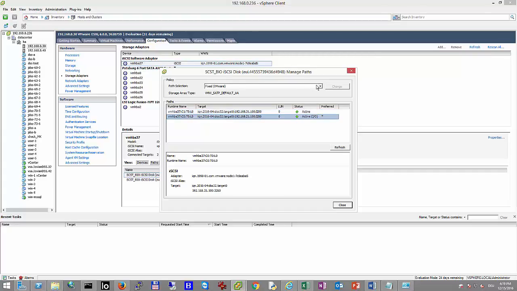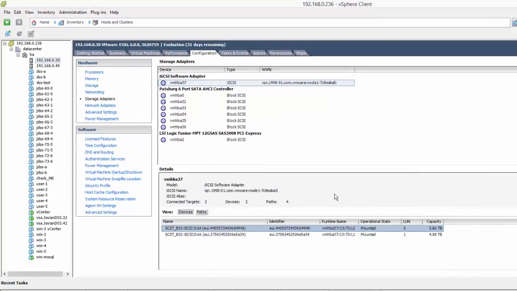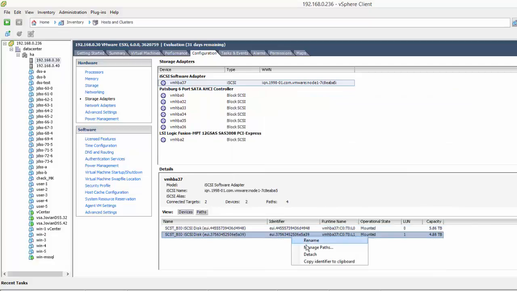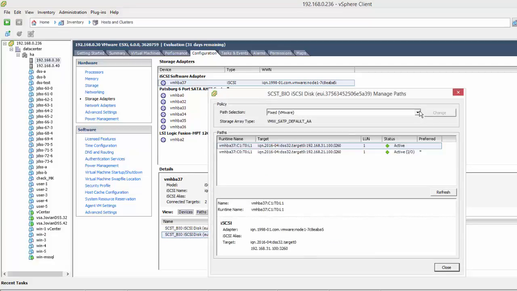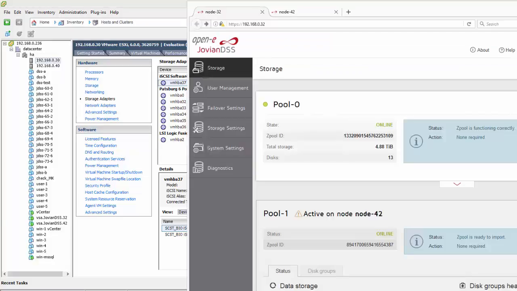Of course, instead of fixed, I can just make it round robin. So two paths are active. Same story here. Round robin can be used here. That's a better setup. So 2131, both paths are active, and my Jovian is exporting.